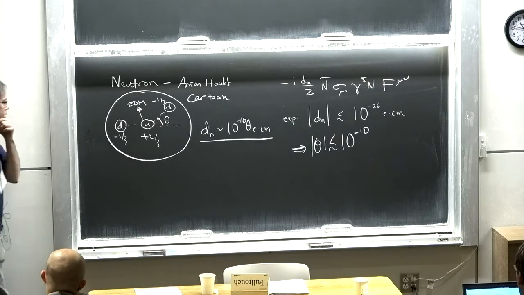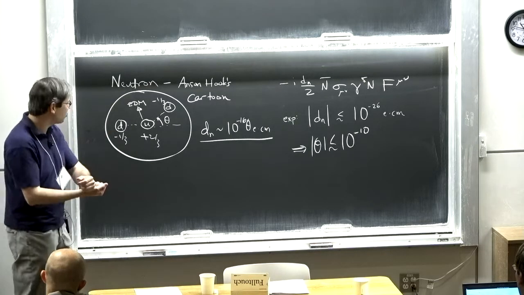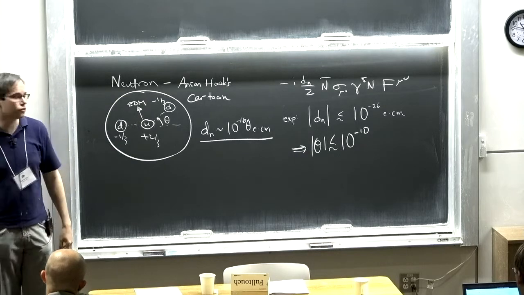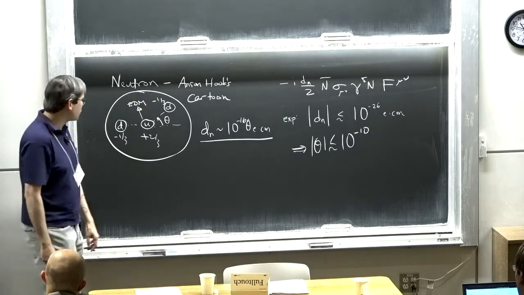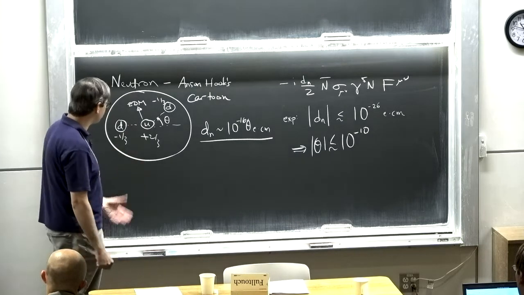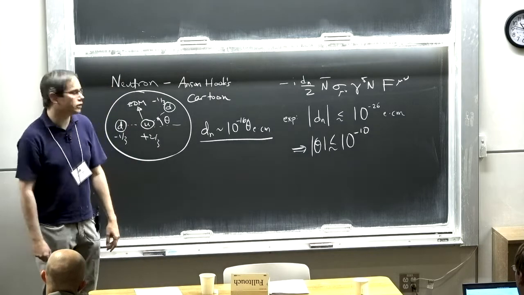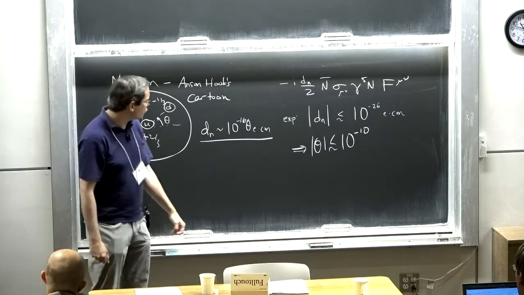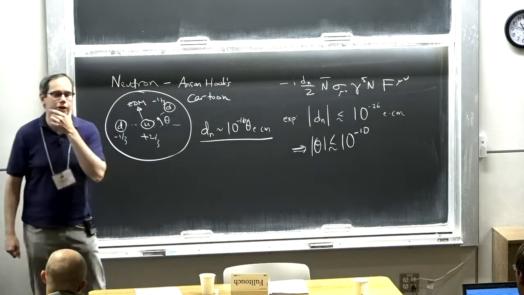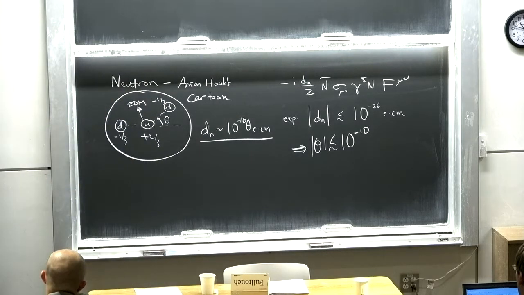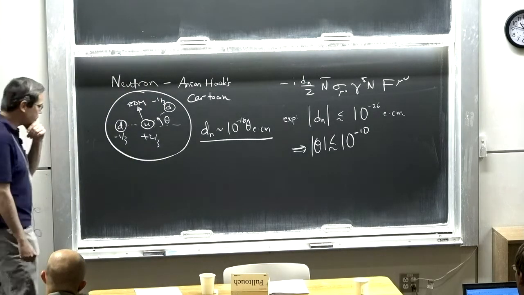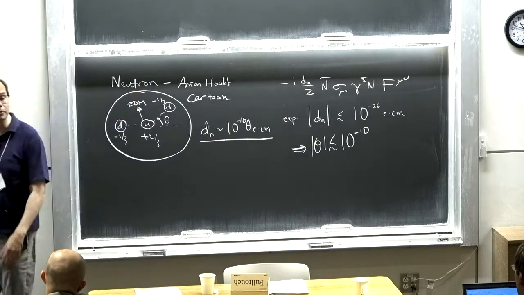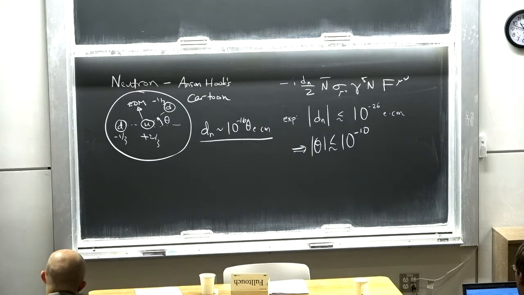So naively, if I just tell you a neutron is a bag containing an up quark and 2 down quarks, and I ask you to estimate what its electric dipole moment should be, you could draw this cartoon, and you would say, well, there ought to be a dipole moment which is roughly set by the size of the neutron. And if you draw this kind of angle, you would say, well, it should be something like 10 to the minus 16 times this angle theta in the units of e centimeters, which is what we measure electric dipole moments in, and the e is just the electric coupling constant, which is about 0.3, so it's an order 1 number.